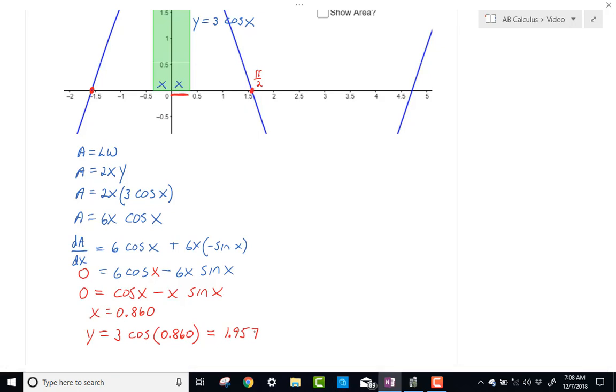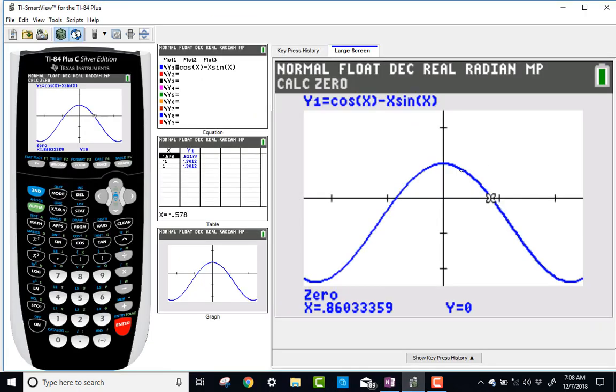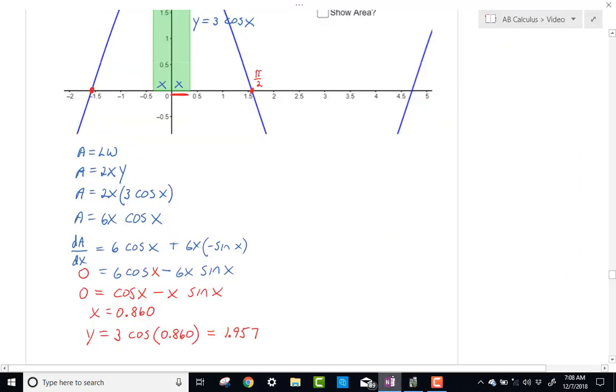Now, in this case, I'm not going to do the number line because I can see from the graph that the derivative is going from positive to negative, which means I should have a maximum at that value. So I'm not going to bother with the number line because the graph is basically giving me my information. So my dimensions here, remember they asked for dimensions, they didn't ask for a point on this one. So my dimensions,